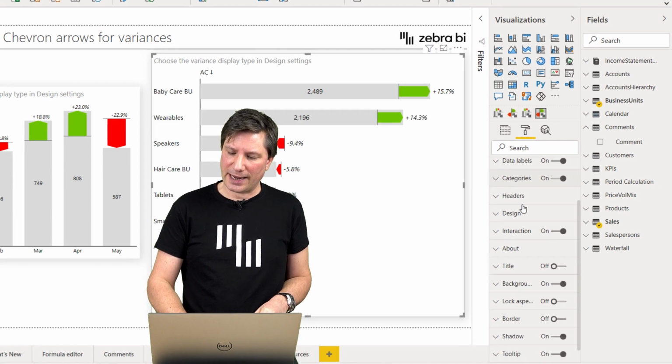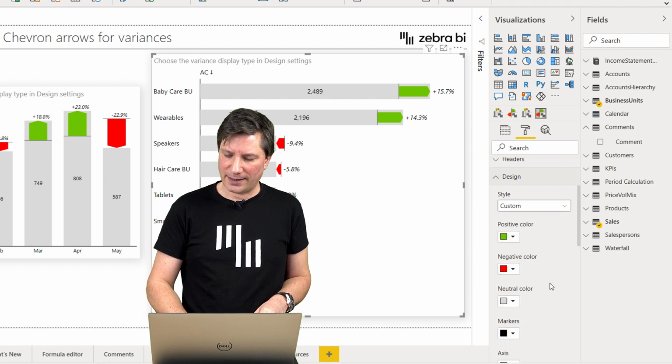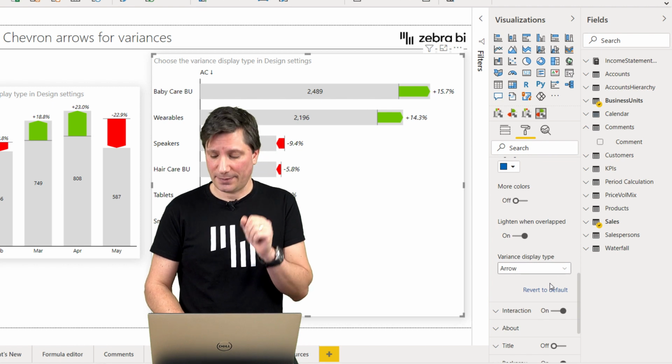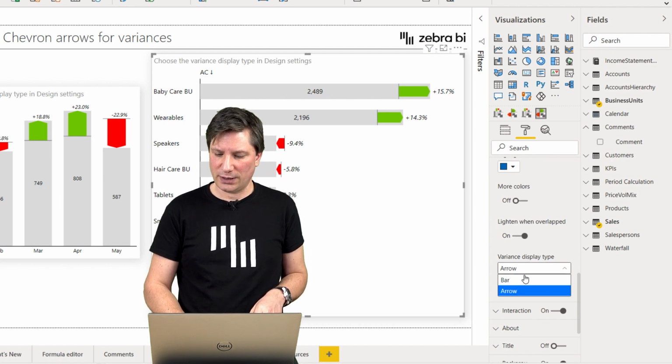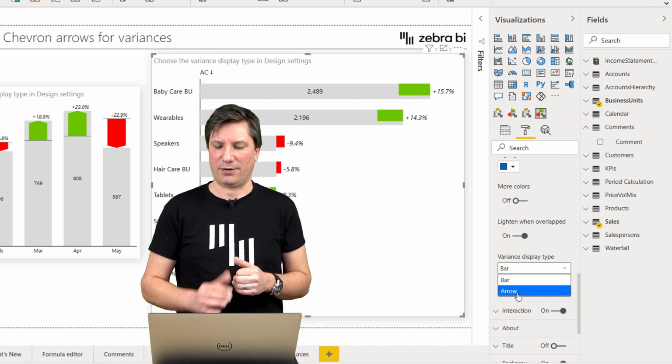If you navigate under the design group of settings, you'll find that there's a new setting called variance display type, and you can simply switch between bars, just regular bars, and arrows.